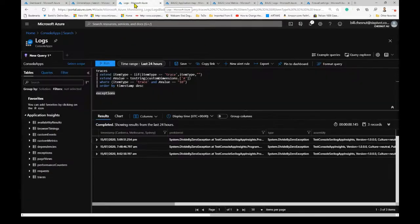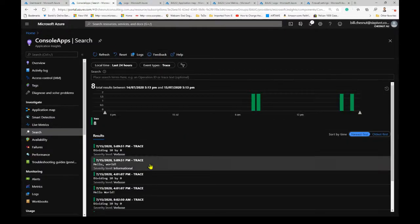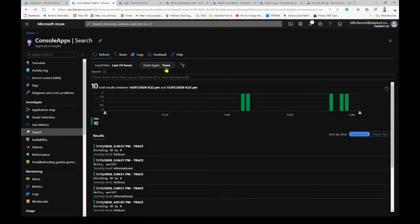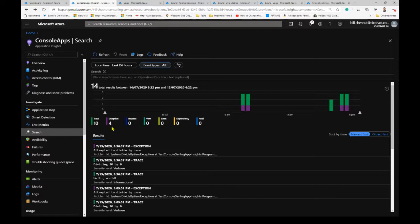What I want to do is go in here and do a refresh on this. Initially we'll see that I've got just the trace type selected. I can go here and select everything, and we'll see that we've had 10 trace messages and 4 exceptions. So if I hop back into that